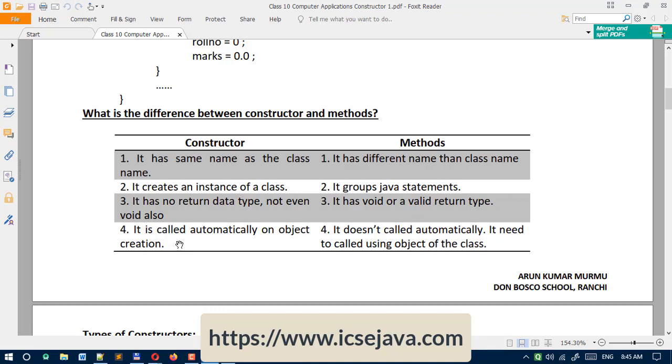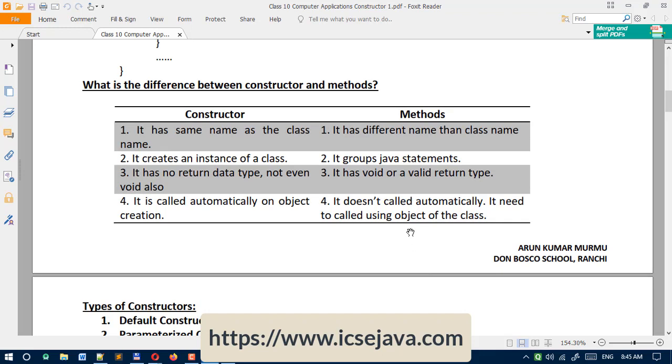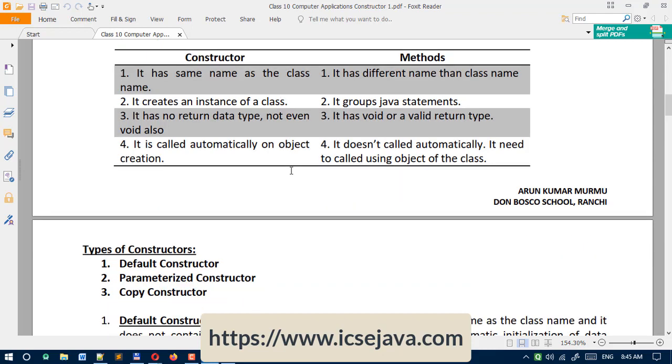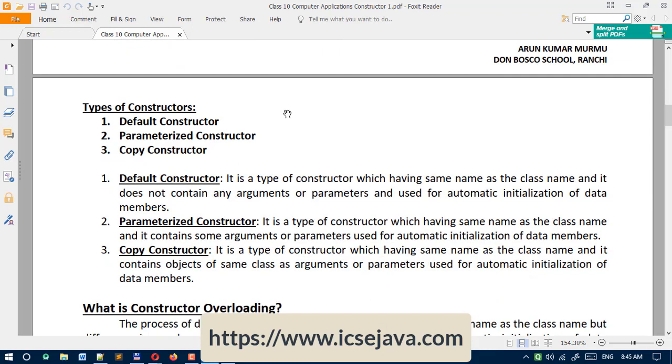Fourth difference, a constructor is called automatically on object creation. A method doesn't get called automatically; it needs to be called using an object of the class. So this is the difference. Using an example I will tell you the difference between constructor and methods. Okay, next thing, types of constructor.